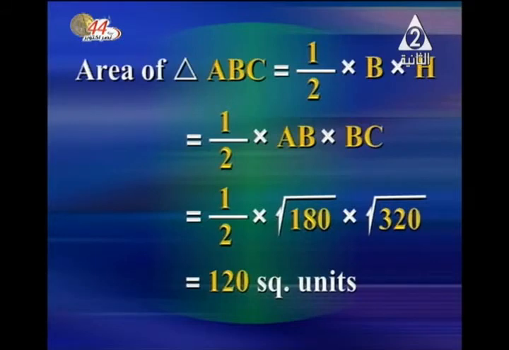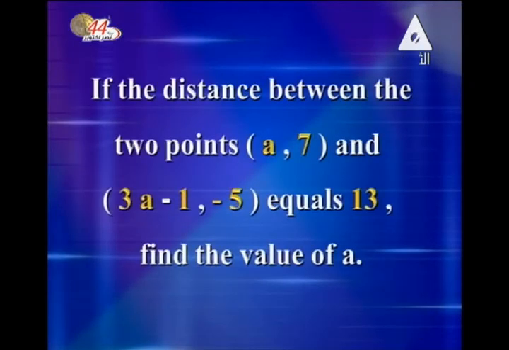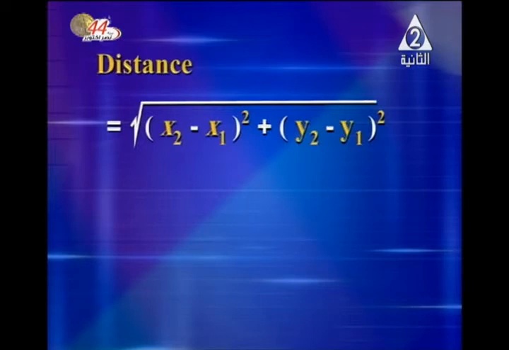Now, let us have another example. If the distance between 2 points (a, 7) and (3a minus 1, negative 5) equals 13, find the value of a. Now, try to find the distance between the 2 points, and you are going to equalize them by 13. How? Distance equals square root of (x2 minus x1) all to the power of 2 plus (y2 minus y1) all to